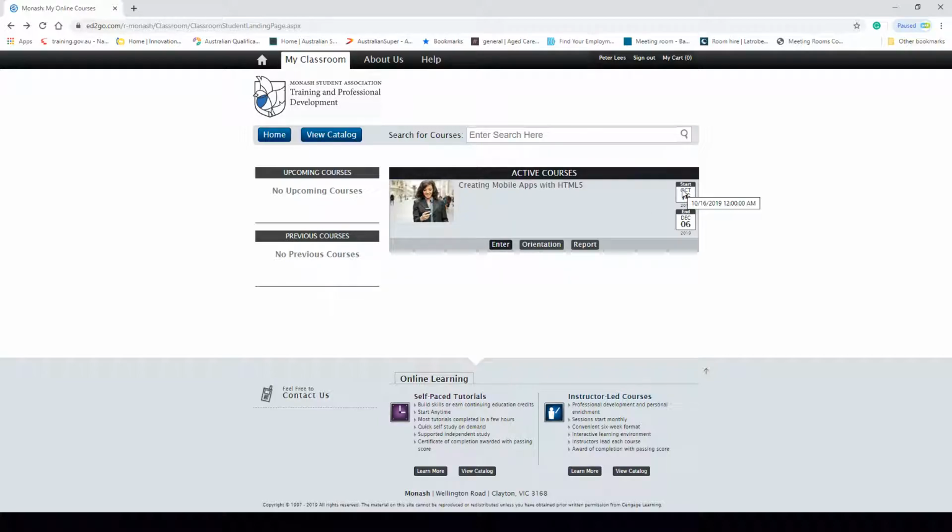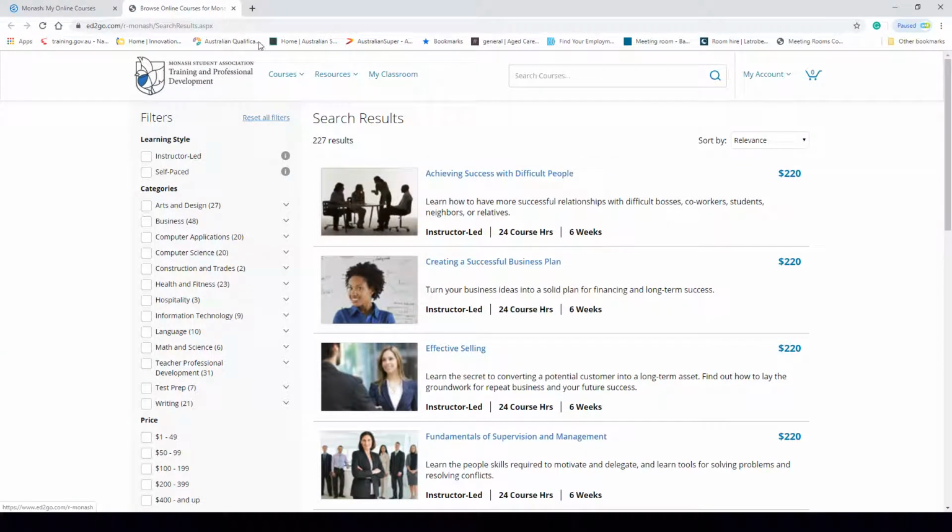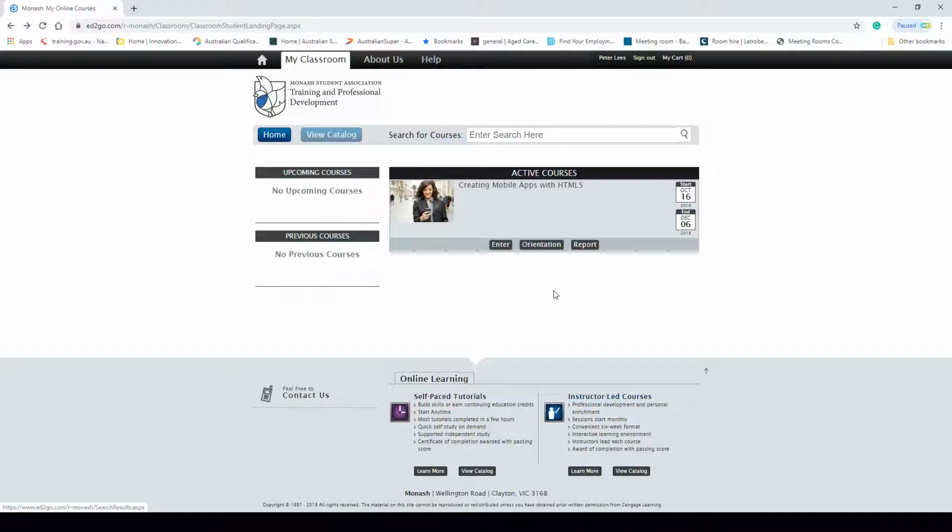So for example, I am in the October 16th to the 6th of December intake. One week after this ends is when we will start printing and sending out all of the certificates for all of the students who have enrolled in the courses within these intakes. Now this will be multiple courses. It won't just be creating mobile apps via HTML. It will be for every course that is listed within this catalog here at Ed2Go because they are all done via intakes. So all the certificates will be printed and mailed out to you in hard copy via the postal address you provided us with during enrollment once you have finished your intake